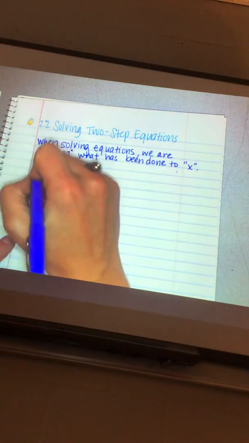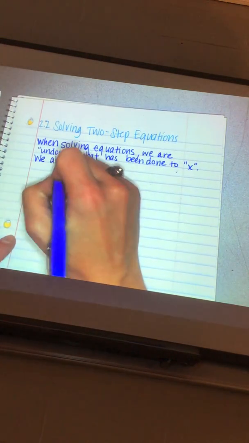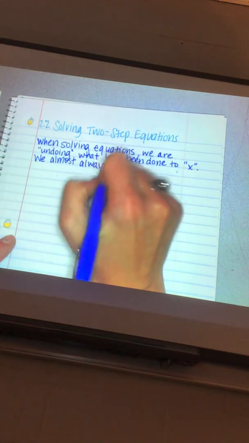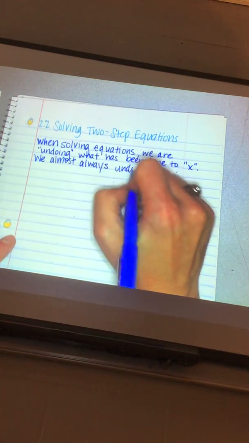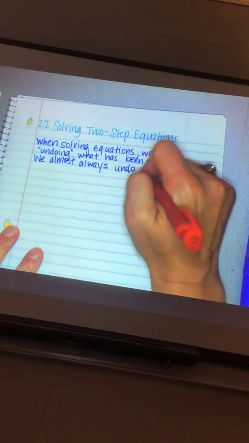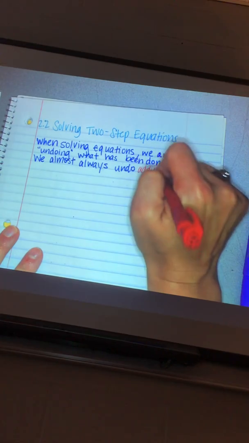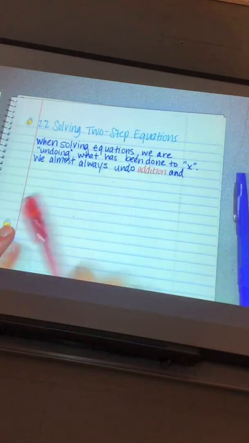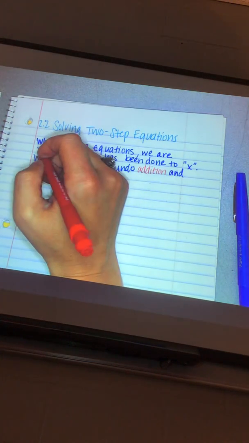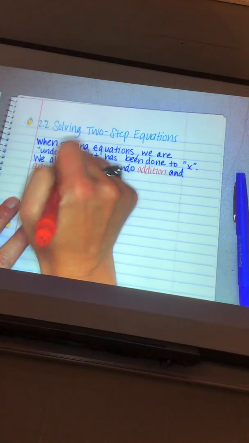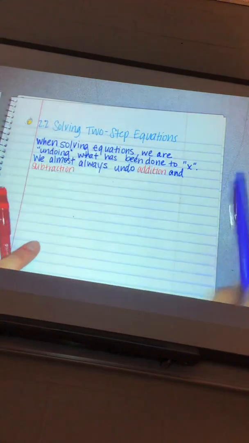We almost always undo addition and subtraction before